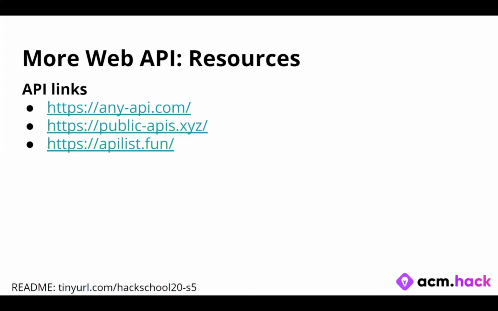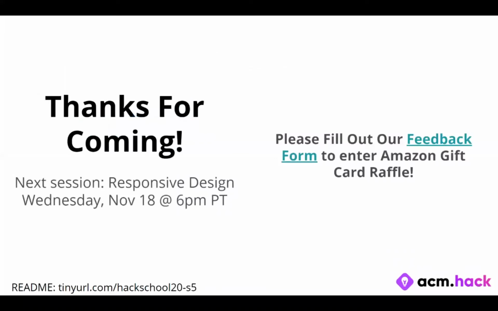And whenever you're making your own websites, as I said, 3 tips: read the docs. If you're unable to understand the docs, try to search on Stack Overflow or GitHub to see if some people have used them before, and you can use their code as reference, or you can come to us for help. Those are the biggest 3 tips that I can give you when you're doing your own projects and you want to use APIs. But other than that, thanks for coming.